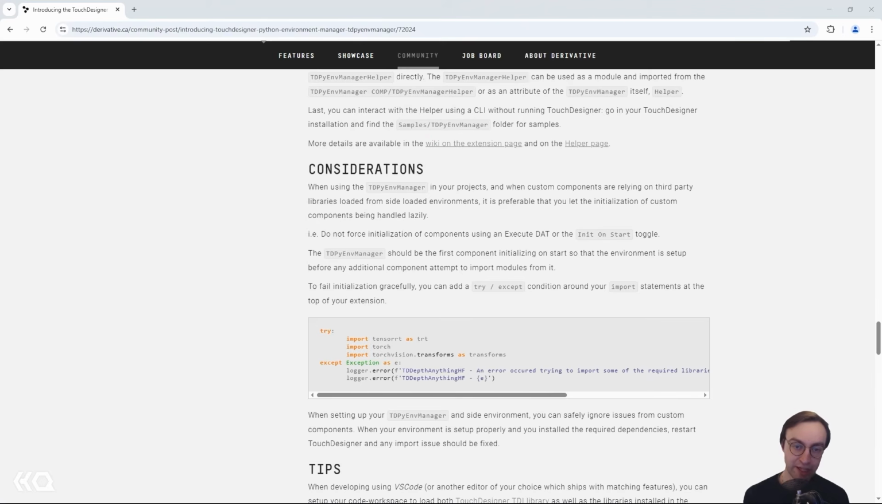Some further considerations from the article include not forcing initialization of components using an execute DAT or initialize on start toggle. So when you're using TDPyEnvManager, this should be the first component initializing on start so that the environment is actually set up before any additional components attempt to import modules from it. You'll run into issues otherwise. So to fail that initialization gracefully, you can add a try except condition around your import statements at the top of